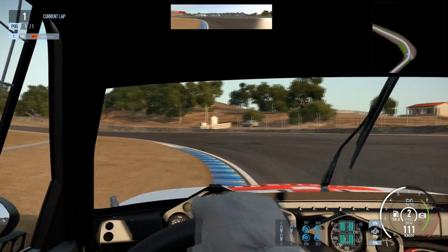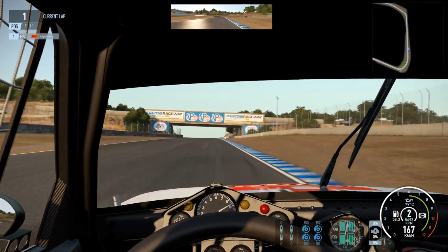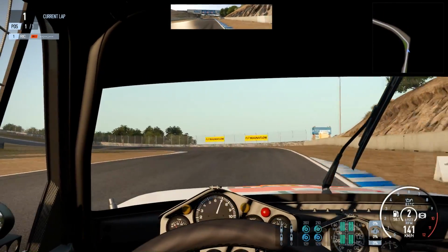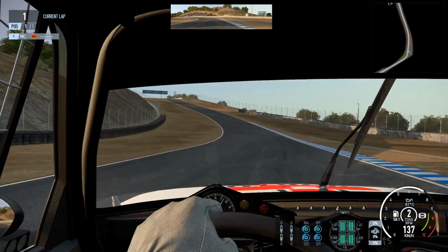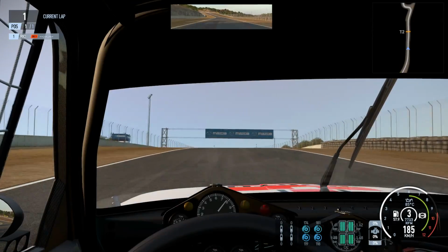Look at the interior. It's just an awesome car. The way it handles, driving this thing around Mazda Raceway here, yeah, it doesn't get much better than this. And now we're coming back to what's my argument for choosing this car over the other Group 5 cars, and